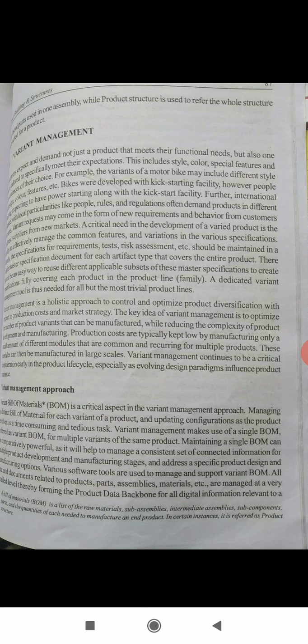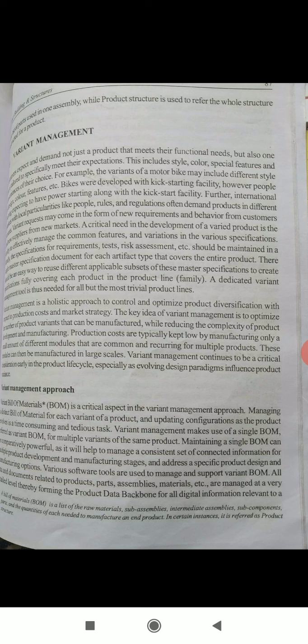Managing a distinct bill of material for each variant of a product and updating configurations as the product evolves is a time consuming and tedious task. Variant management makes use of a single BOM, referred to as variant BOM, for multiple variants of the same product.